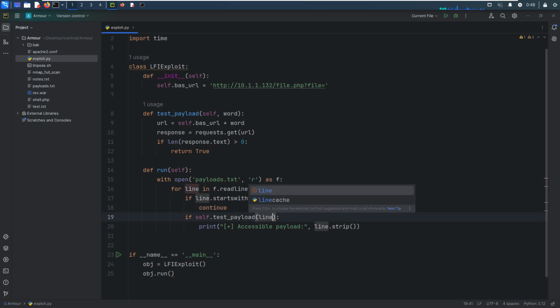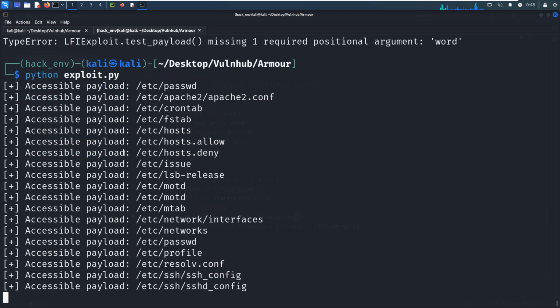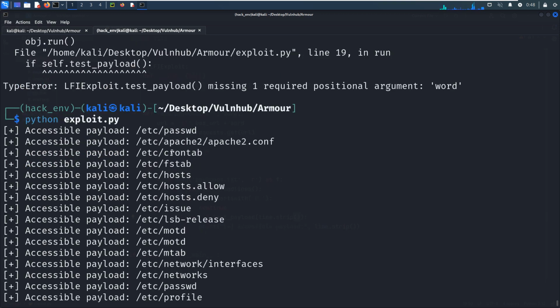This would be line strip. We need to strip spaces. Now we can test it again. As you can see, now we have got some available or valid payloads like password, and this one is what we want. So I think I've already demonstrated this enough.